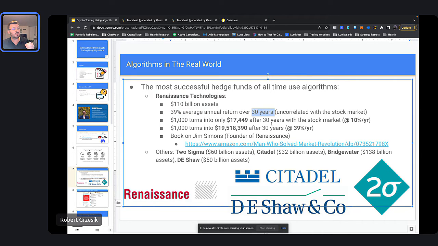They make very, very high returns on a regular basis, right? And with a large amount of money. It's very hard to do this. 39% is one thing to do with a couple thousand or $1 million. It's way different being able to do that with 110 billion. That's really hard because when you trade, you move markets. It's a lot harder to do that. And they're still able to pull this off.